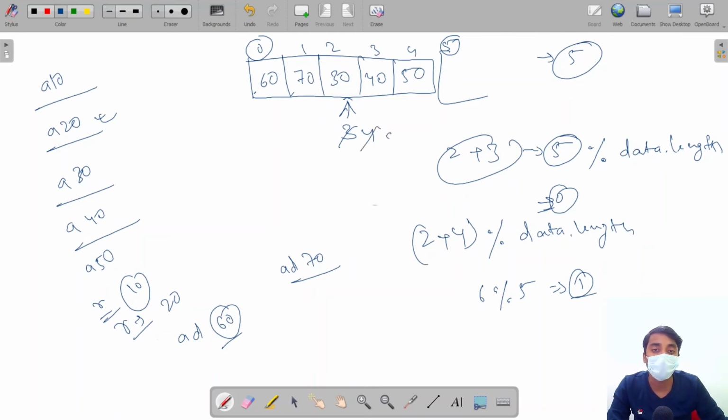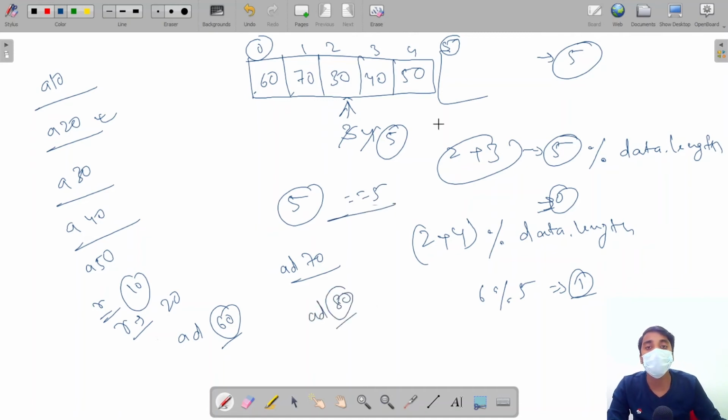Now the size is 5. Here the size of the queue is 5 and our data length is also 5. Now if we want to add 80, there is no space left in our data array to add 80. So this will give us queue overflow.